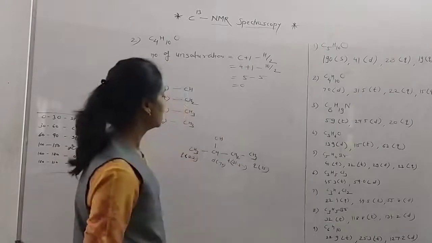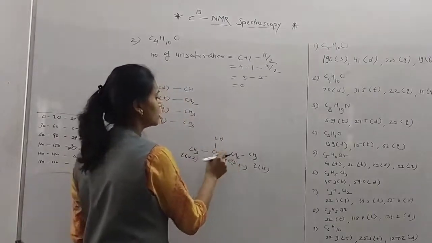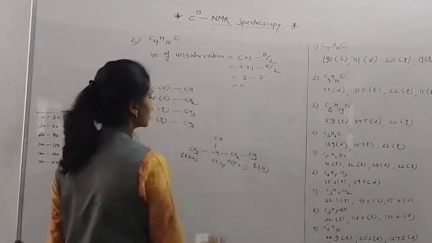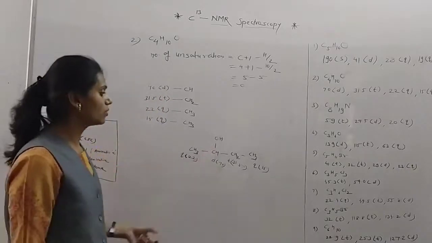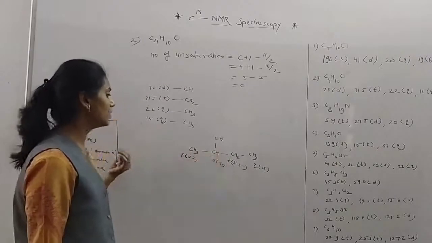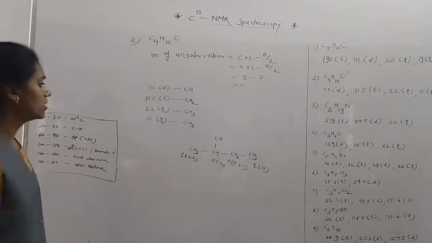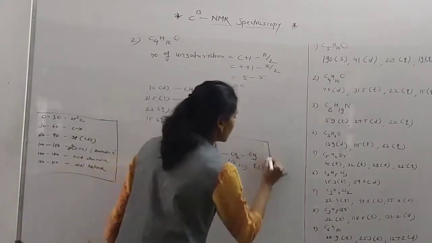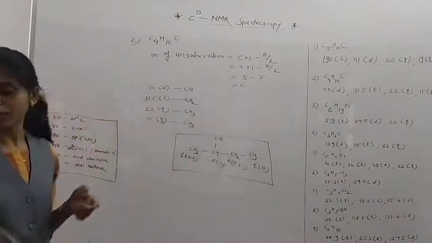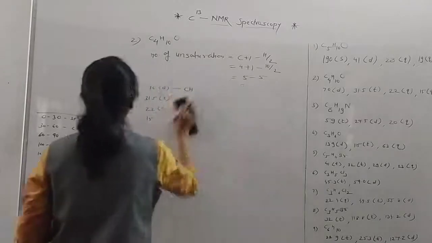Next, the CH2 is a triplet at 31.5. It gives a triplet at 31.5 due to the electronegative oxygen attached to this carbon atom, so this carbon goes into the downfield direction due to the nearer C-O bond. This is the type of structure we have obtained for this molecular formula. Now we solve the third one.